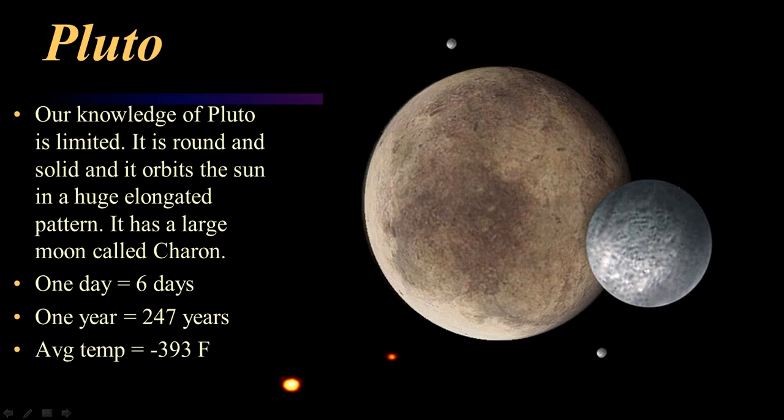All right, now Pluto, poor Pluto. It's no longer considered our planet, right? It's considered a dwarf planet, sadly, okay? There was also very limited knowledge on Pluto because it's so far away. It does orbit around the sun. So why in the world would they have taken it out from being a planet? It's now considered a dwarf planet.